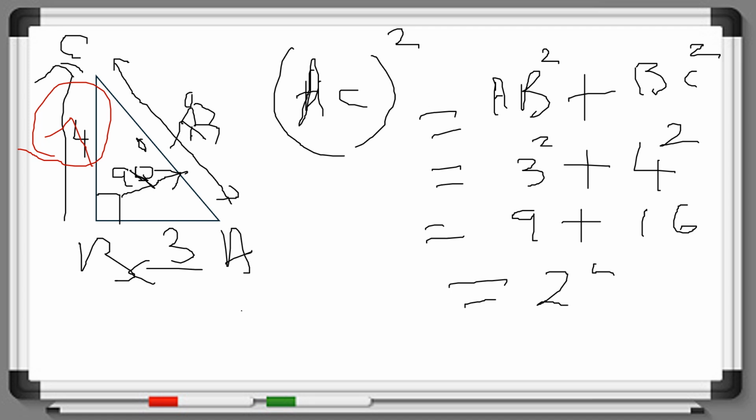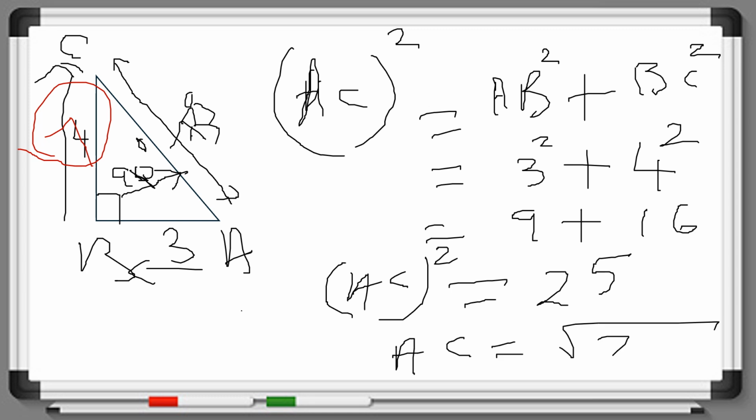This is AC square, my boys. Remember, this is not our answer. Our answer will be AC. So when we remove the square from AC on the left hand side, we get a square root on the right hand side. That is the square root of 25. The calculator will give you the answer 5. But how do we get that? 25 can be written as 5 times 5, 5 multiplied with 5. The square root will be